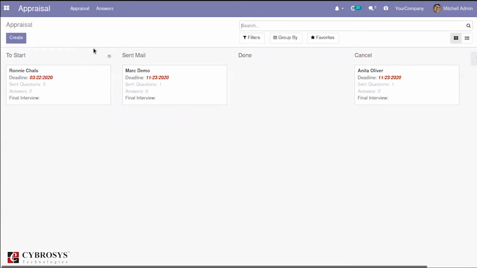As we know, appraisal in a company is basically done in order to maintain the motivational process in your company by doing periodic evaluations of your employee performance. Mainly for that purpose, we are using this appraisal module.